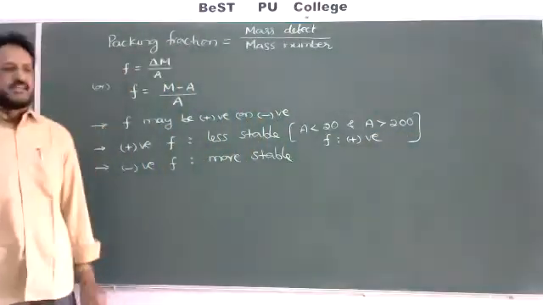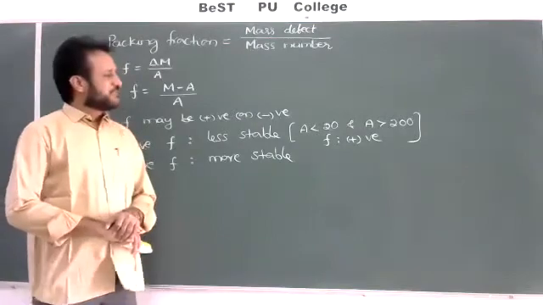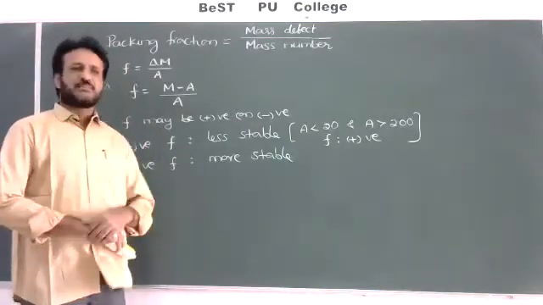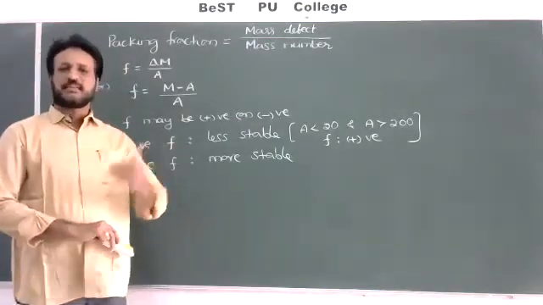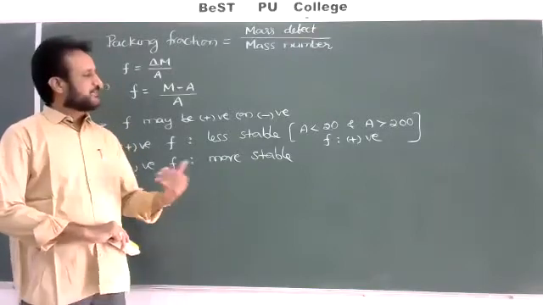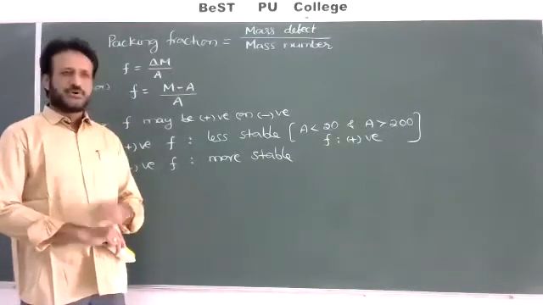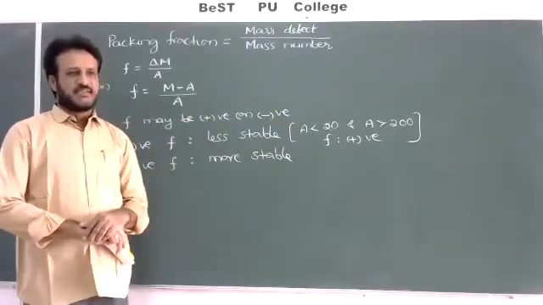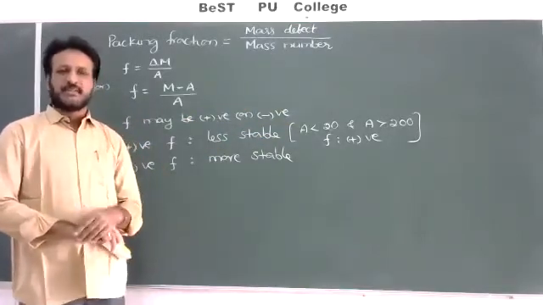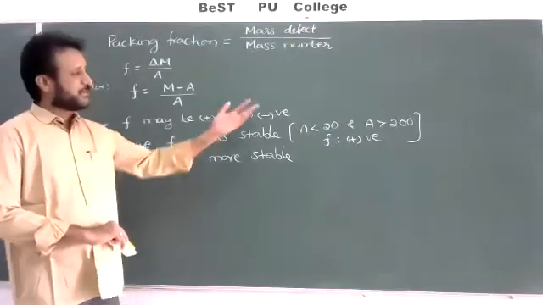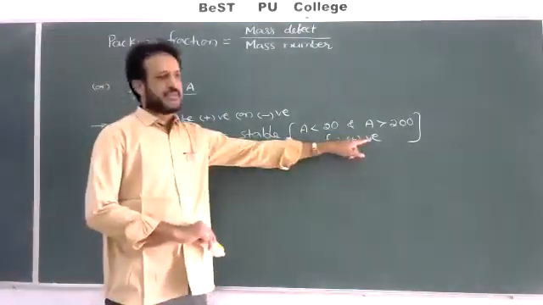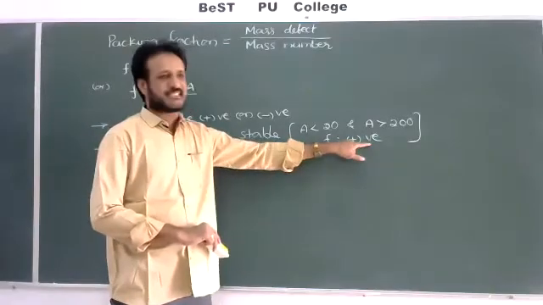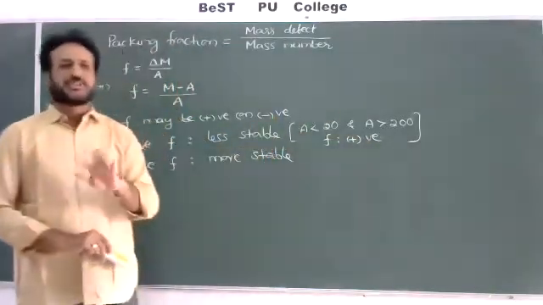Roughly you can take the nuclei with the mass number less than 20, meaning hydrogen, helium, lithium, beryllium, boron, and also carbon, nitrogen, oxygen, fluorine, neon. And with more than 200 mass number, uranium, plutonium, thorium, neptunium, radium, such type of elements have a positive packing fraction, so they will have plus. So plus means they are less stable elements.